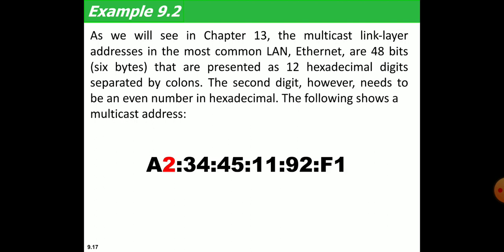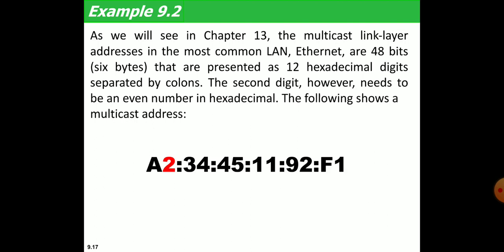Can you get me? So probably you can see in this example 11:92:F1, it can be targeted on the node that is going to be connected with a group of devices. It can be a router, or a Wi-Fi hub, or a switch. This particular switch is connecting an entire group. For example, I have 10 computers in my multicast group, and only one particular ID can be given. So that ID is 11:92:F1. Okay, so this is called multicast addressing.